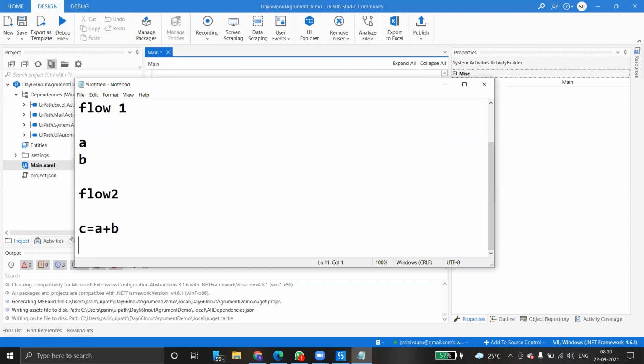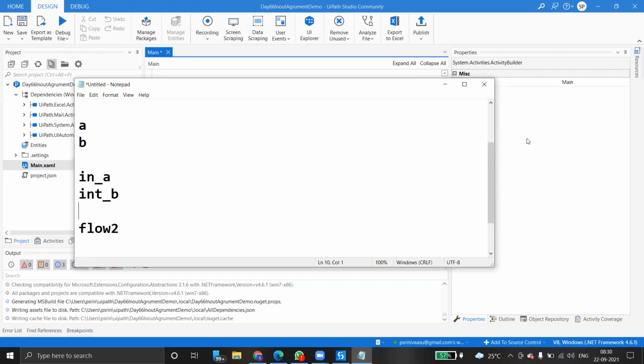After that, there is another parameter we have to return, so output. Since we are passing a and b, we have to create two arguments called in underscore a, in underscore b.